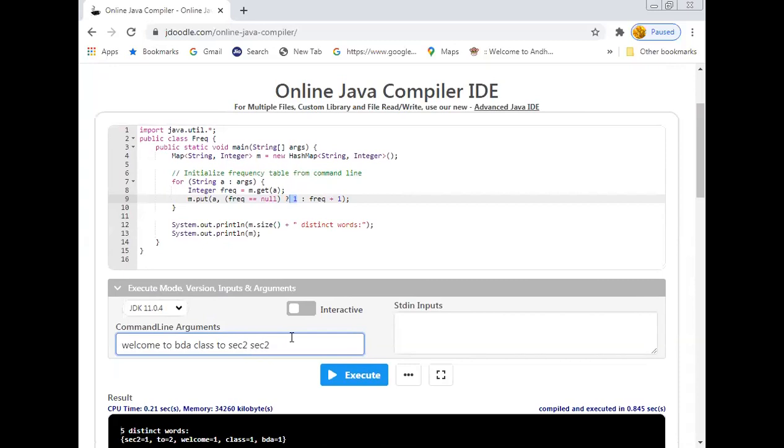SEC2, BDA, BDA. Okay, so this is the sentence which I applied. Now what we are expecting from this input is how many times BDA was repeated. 1, 2, 3, 4. So BDA count should be 4 and section 2 count should be 2, and the word